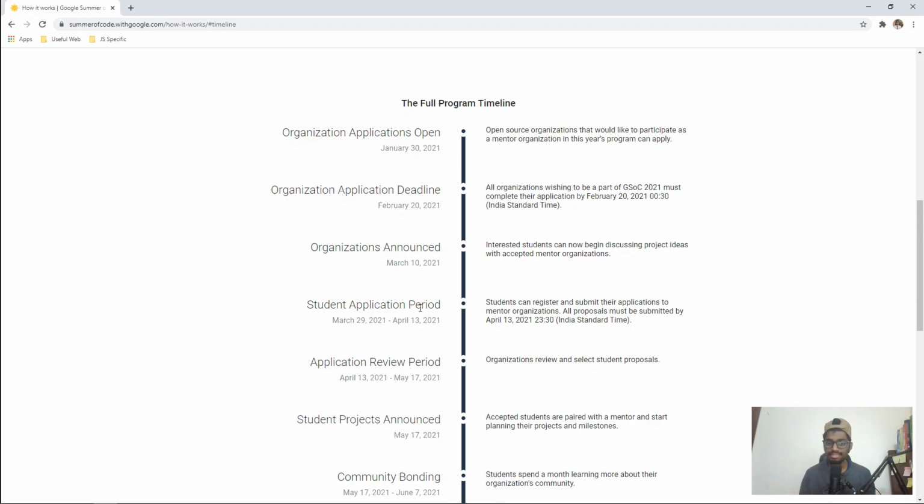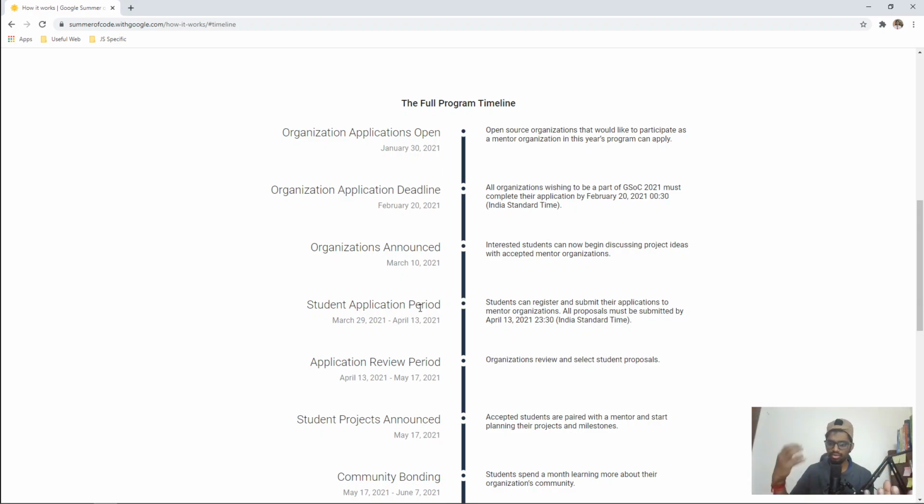A proposal is generally for the project, like, okay, this is the project, I will be doing these things, this is improvement, this is development. You can generally search on Google how a proposal looks. You can definitely gain and learn about it. But the proposal is one of the most important things, because that is what the mentors of the organization will be seeing and approving. Then only you can go forward with that organization, right?